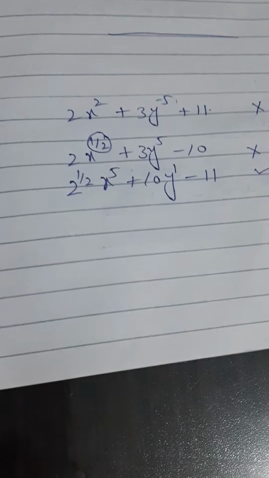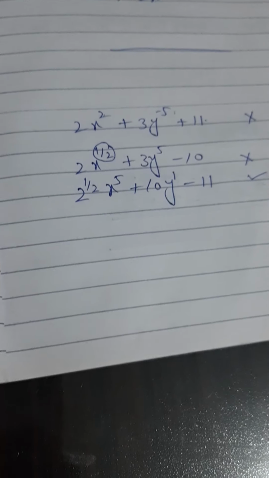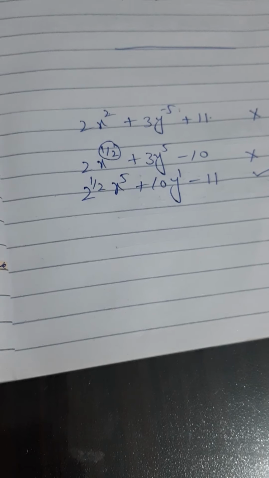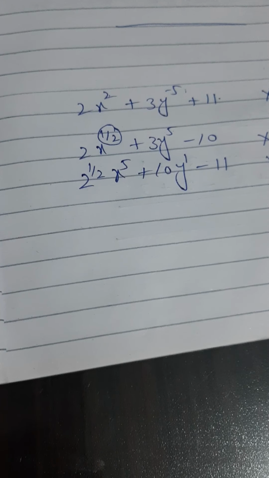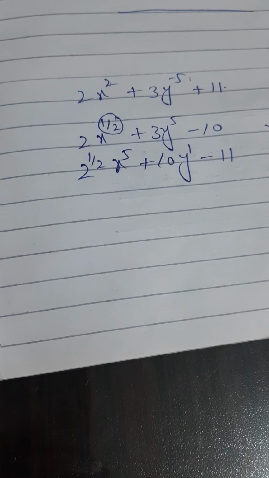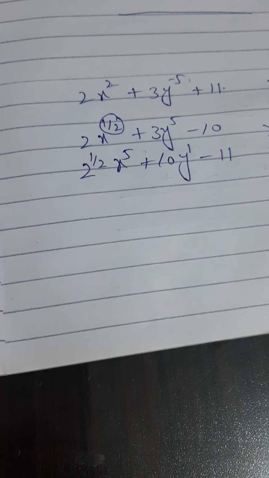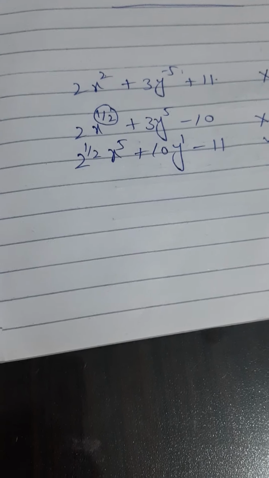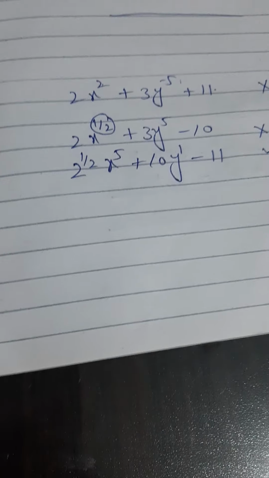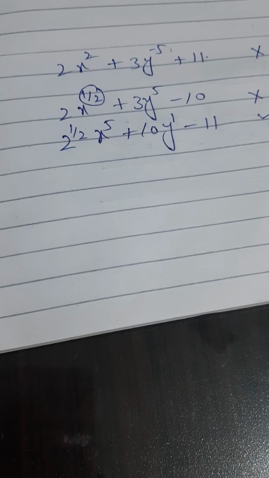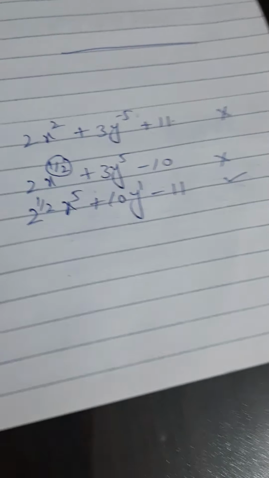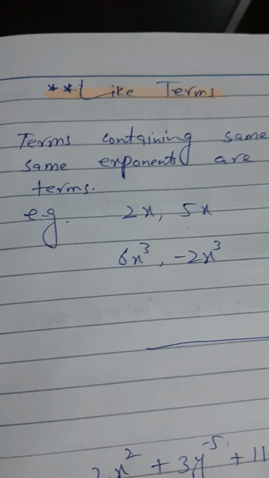So in this way you can solve question of exercise. First in your exercise, if we want to separate polynomials, you have to remember its definition that exponent of variable should be 0 or positive integer. Now come to most important definition that is directly related to questions of addition and subtraction, that is like terms.